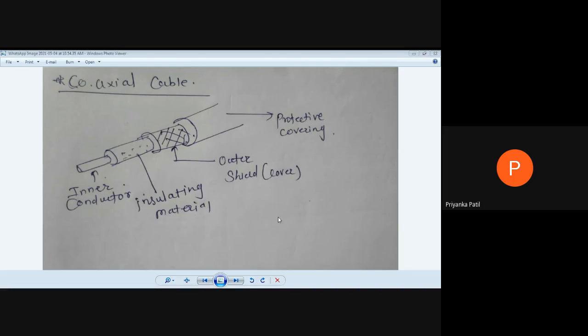The probability of loss of data is comparatively less than the twisted pair cable. This is an advantage of coaxial cable.